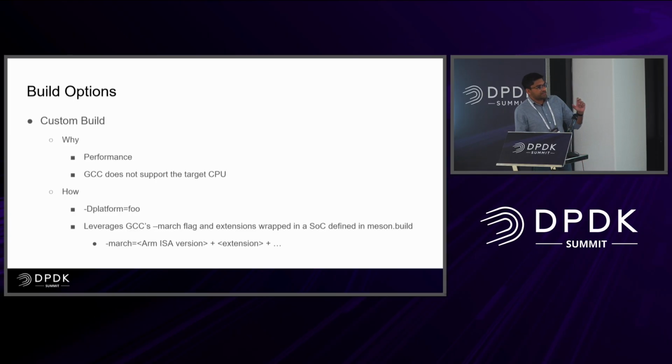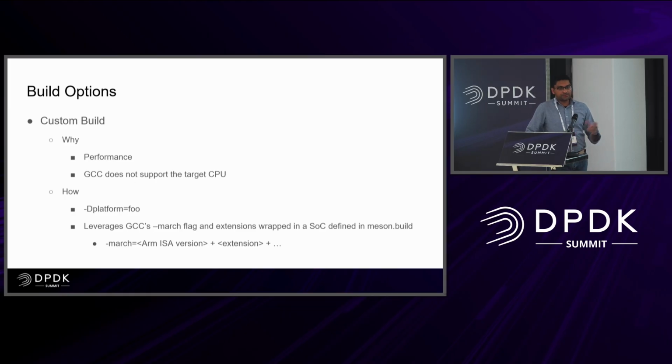Here, in the meson.build, you have to define an mcpu value, which we call a pseudo mcpu. You can specify the base ISA version and the set of extensions that you want to use, call it, let's say, foo, and pass dplatform=foo into the build, and ultimately the build system will generate march=